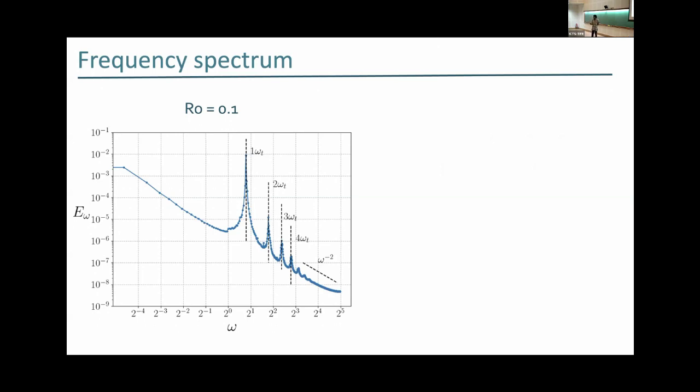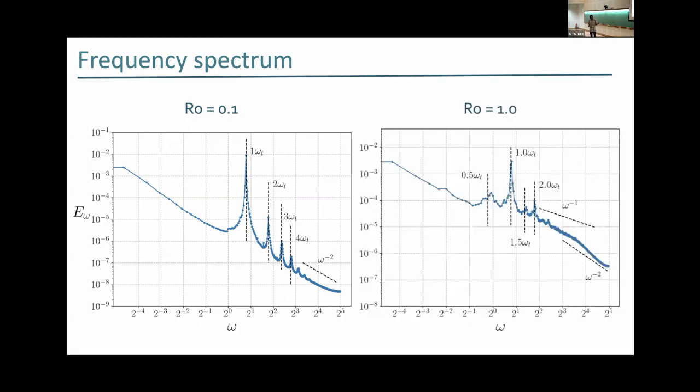So the omega t wave interacted with itself to give 2 omega t, and omega t and 2 omega t interacted to give 3 omega t, 2 omega t and 2 omega t interacted to give 4 omega t, and so on and so forth. The other frequencies are very little compared to these peaks, which are harmonics of the flow, which means tides only interacted with itself. Whereas if you look at Rossby 1.0 flow, yes, there are harmonics, tides do interact with themselves,